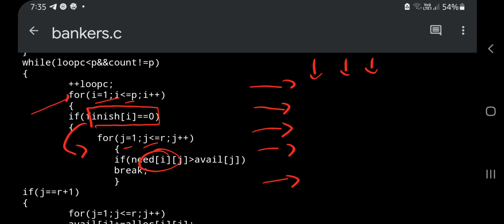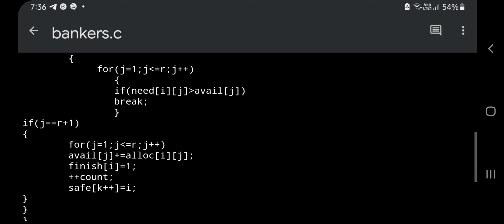If need of i is greater than available of j, what is the need of i? Means the remaining need. If it's greater than the available, then break. If the remaining need is more than what we have to offer, for example his remaining need is 10 but we just have 5 available with us, at that time we have to break out of this for loop. Okay, if we break out of this for loop, where will we reach? This for loop is starting from here